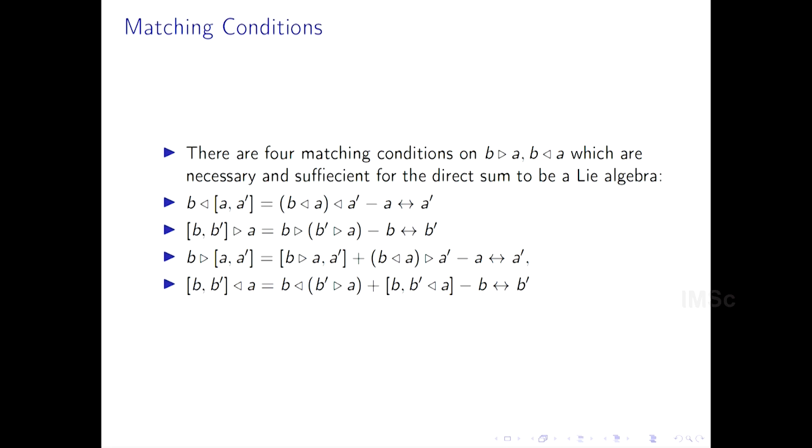This idea has been discovered and rediscovered repeatedly in algebra. I think it goes back to Zappa in the context of groups. Zappa discovered exactly the analog of this idea with groups. You have two groups, how do you combine them to get a bigger group? This bi-cross product is called the Zappa product. It was rediscovered by Takeuchi in the context of C-star algebras.